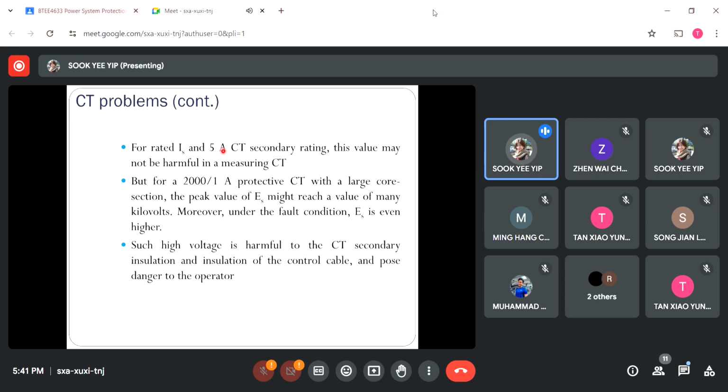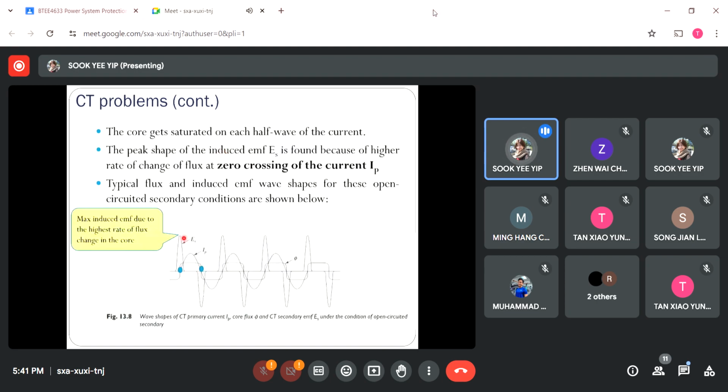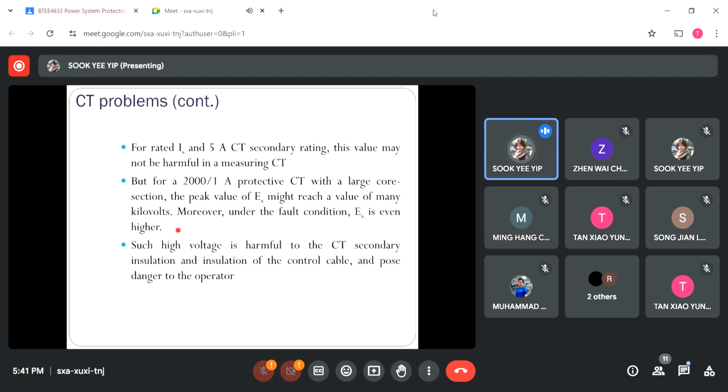So under these situations, the voltage induced at the secondary side is not harmful for this current transformer, which is used for measuring purposes. But if we are using a protection class of current transformer, let's say with these ratios here, so you convert 2000 to 1200 times smaller, and these current transformers are also configured with large core sections expected to store much higher flux value. So if we are using this current transformer,